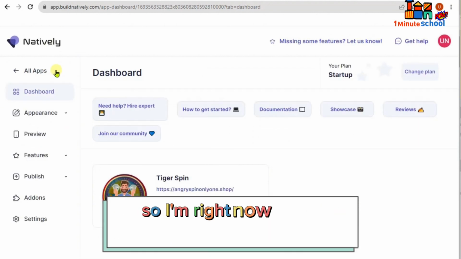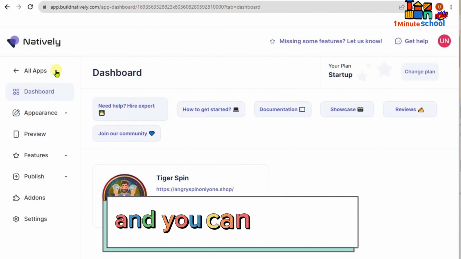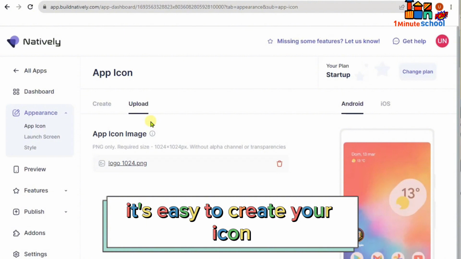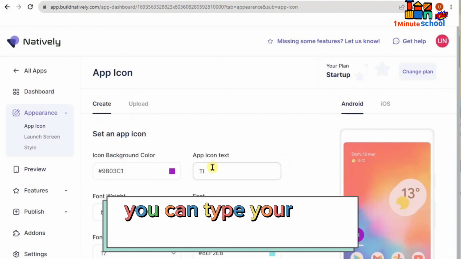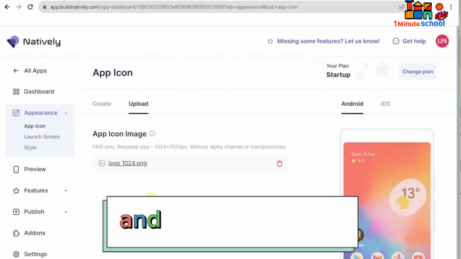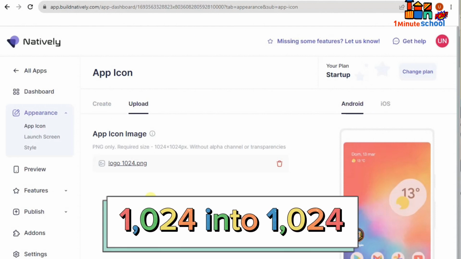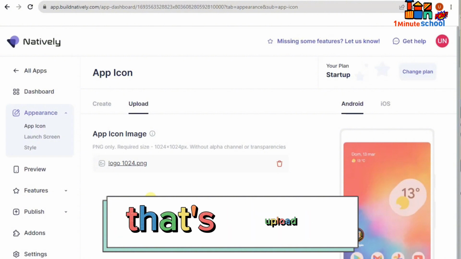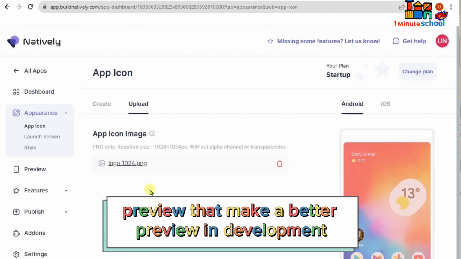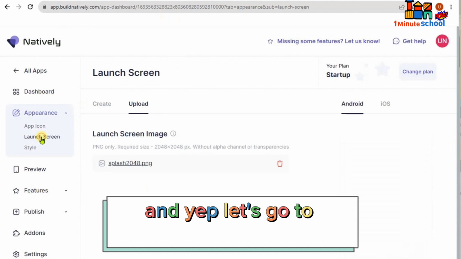Alright, so I'm right now in my application dashboard, and you can see here Appearance, and it's easy to create your icon. You can type your text and color, and if you already have an icon, just go to the upload button and upload your icon, 1024 by 1024 pixel resolution, and that's it. Just upload, and you can see here I can already see the preview. That makes a better preview in development,